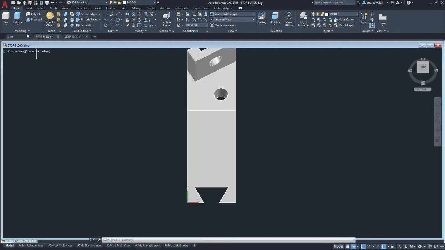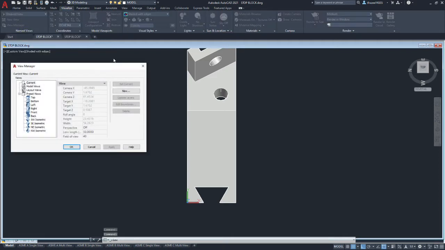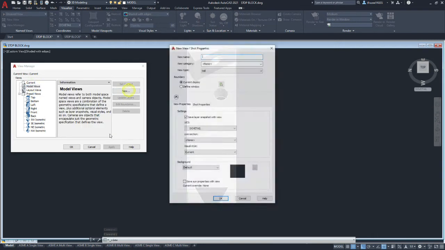Now we will go to the Visualize tab, and we're going to go to View Manager, and we're going to create a model view. That new model view we're also going to call Dovetail aux, for auxiliary.